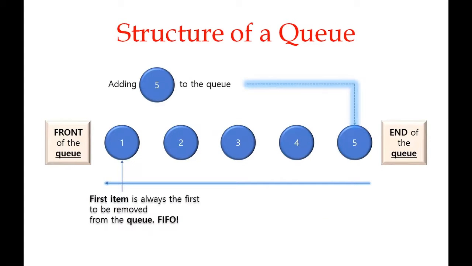The structure of a queue resembles this. Whenever we try to add something, it is going to get added at the end of the queue, whereas whenever I am trying to delete an element from the queue, it is going to happen at the front end. So you have two ends, namely front as well as rear. Additions happen at the rear end, whereas deletions happen at the front end. And this queue data structure follows a principle called FIFO, which means first in, first out.